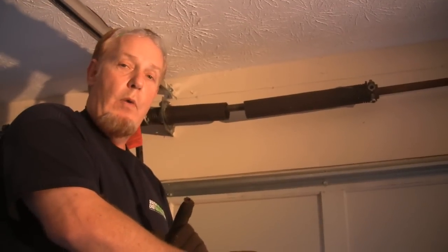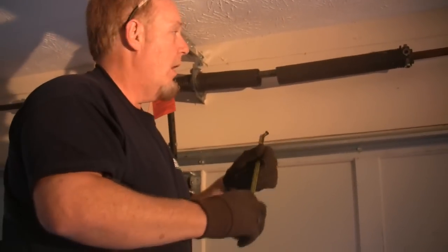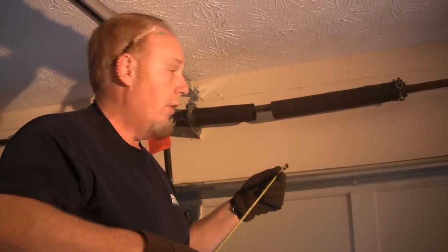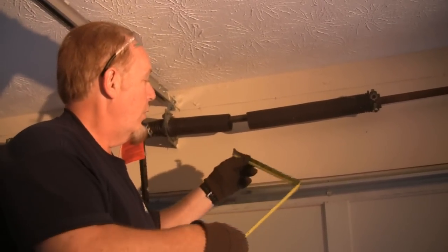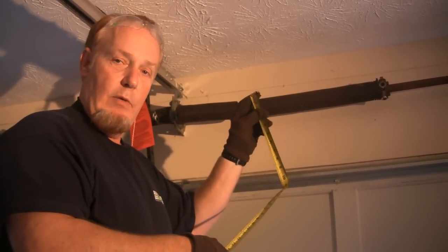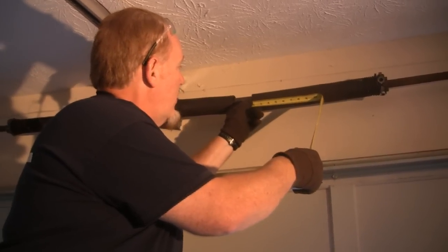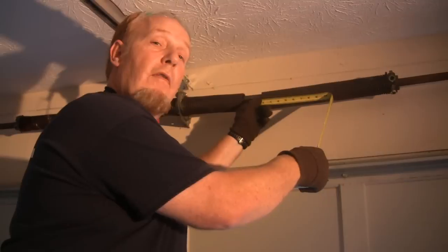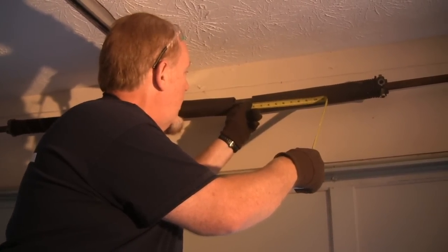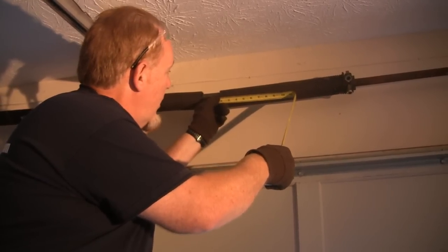Now the most important part, we need to determine the wire size of the spring. Most of you at home aren't going to have a spring gauge like I do, so you're going to be using a tape measure or a ruler. When you use a tape measure or a ruler, you want to start on the 2-inch mark. Don't start at the end of the tape because it won't be accurate. So I'm going to start on the 2-inch mark and measure across this spring. I'm going to measure for 10 coils and then 20 coils. If I count across here, 1, 2, 3, 4, 5, 6, 7, 8, 9, 10, this spring comes up